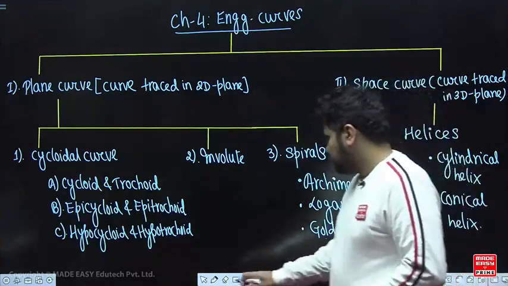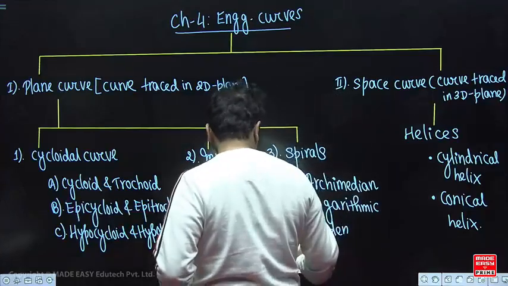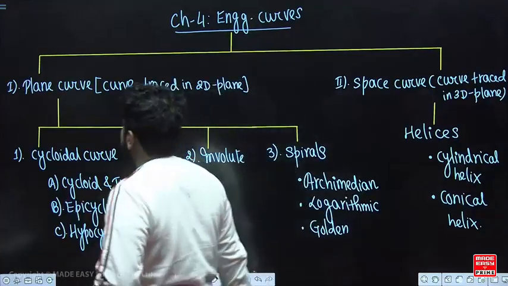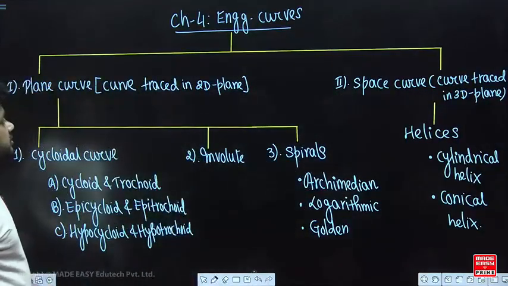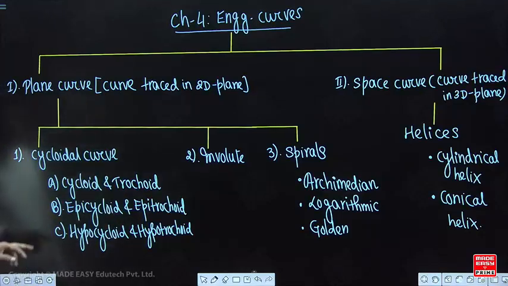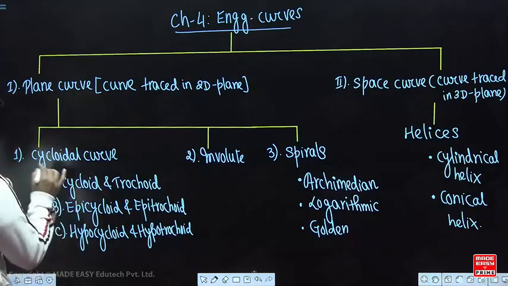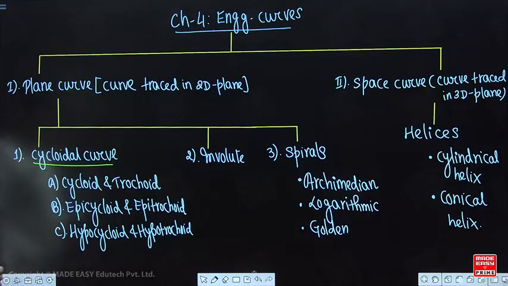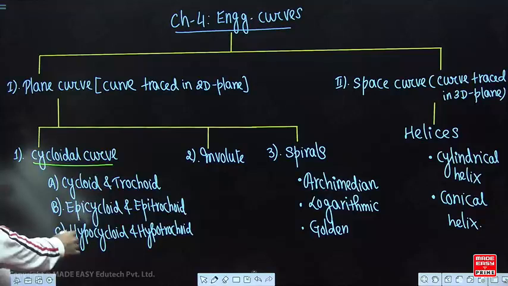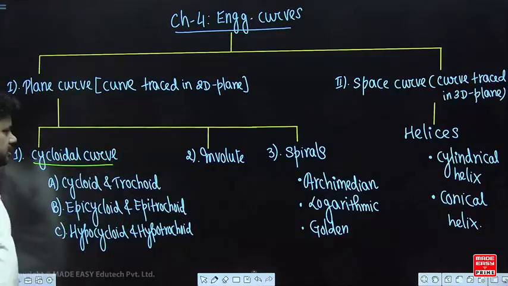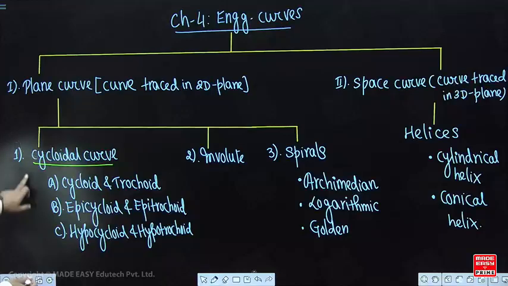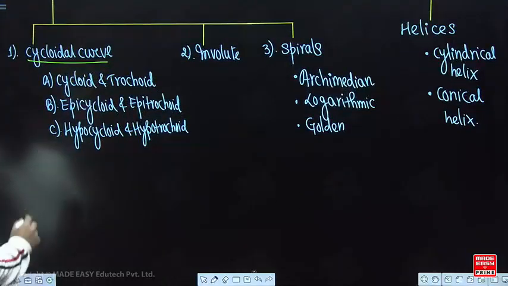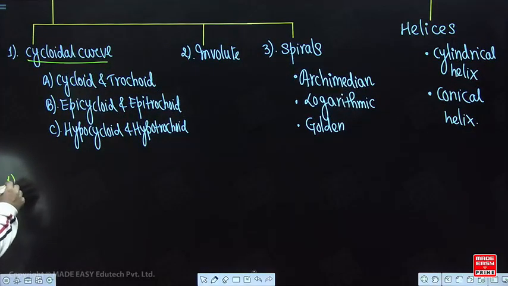So yesterday, we discussed engineering curves. In the engineering curves, we made a small classification. In the small classification, the first thing we will study is the cycloidal curve. In the cycloidal curve, we will discuss the cycloid, epicycloid, hypercycloid and so on. Then we will go for involute and finally we will go for the spirals, correct. So the first one we are going to start is your